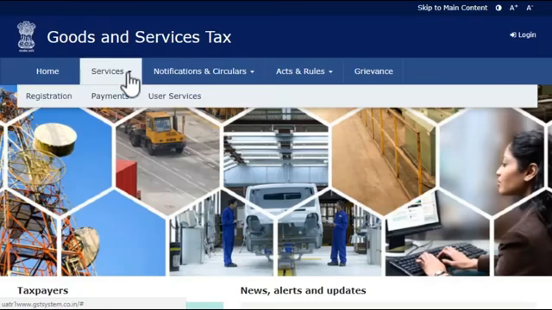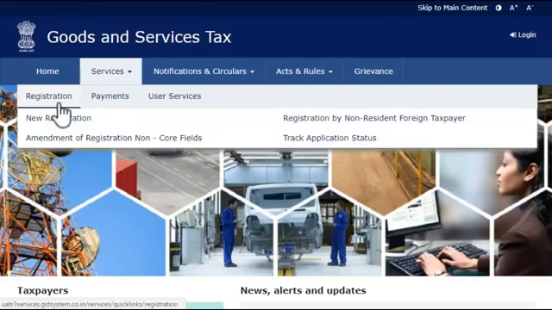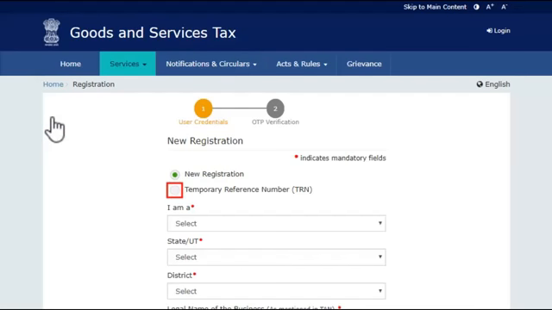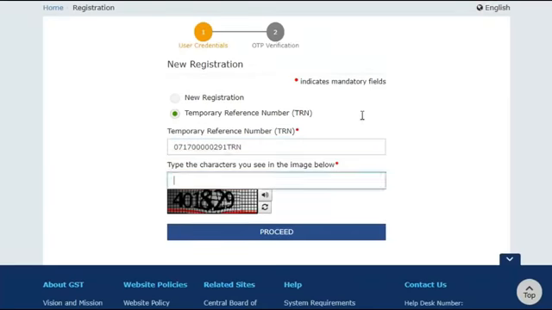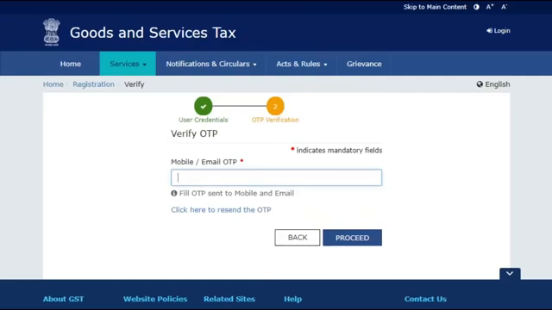Click the Registration category and select New Registration option. Select the Temporary Reference Number option and enter the TRN that was generated on submitting Part A of the registration application. Enter the CAPTCHA as usual and click Proceed. This will trigger an OTP. Enter the OTP received